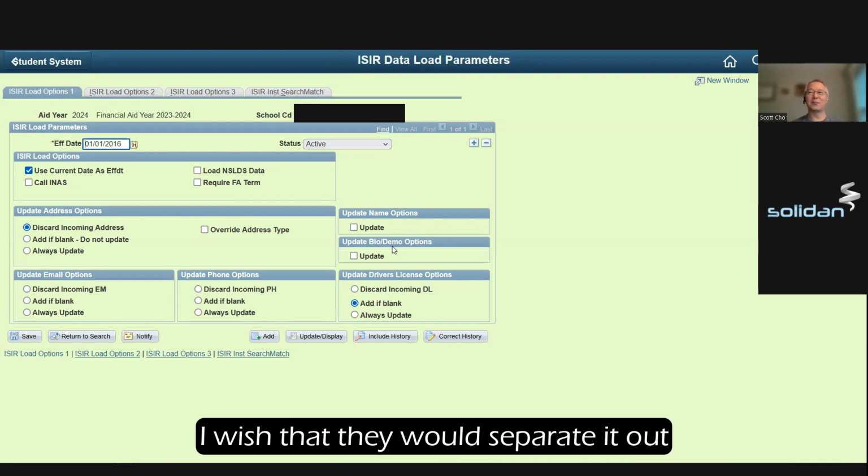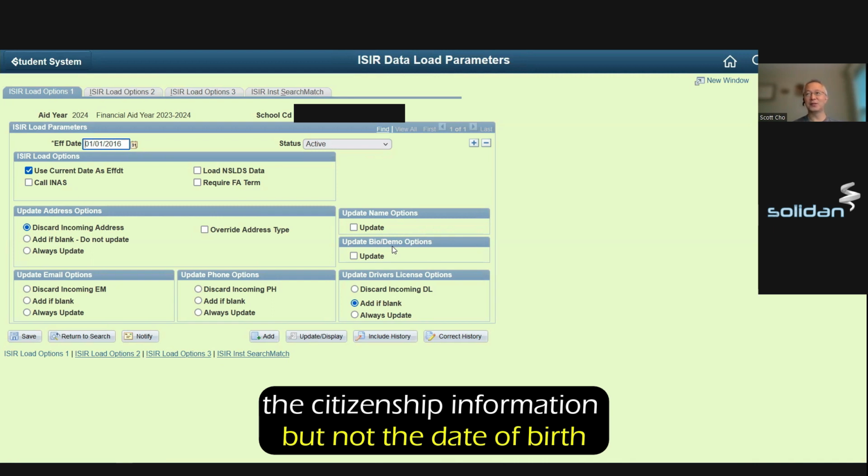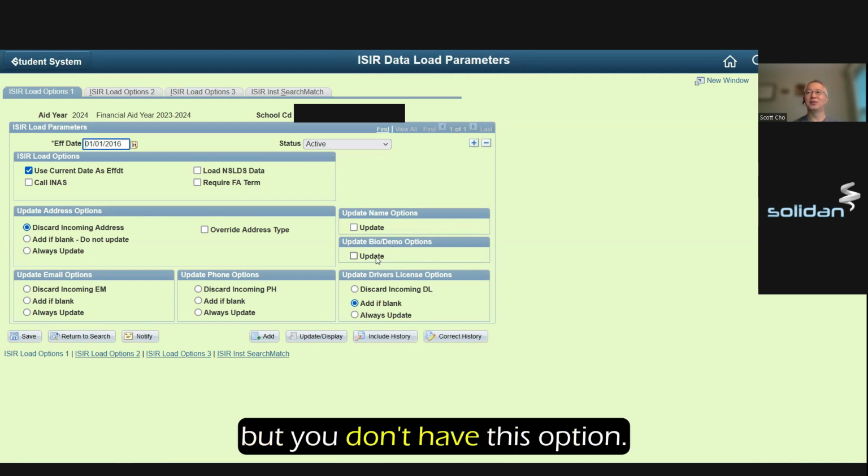I wish they would separate it out, because some people do want to load in the citizenship information, but not the date of birth. But you don't have this option. So if you turn this on, it will load all